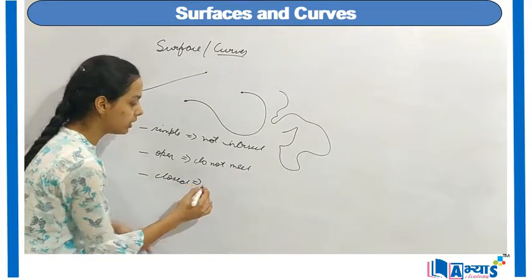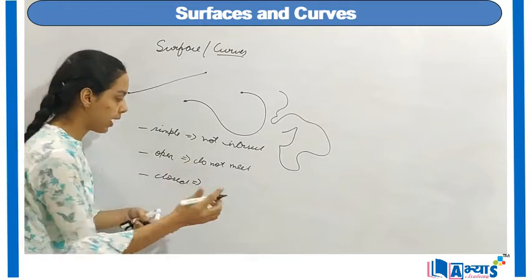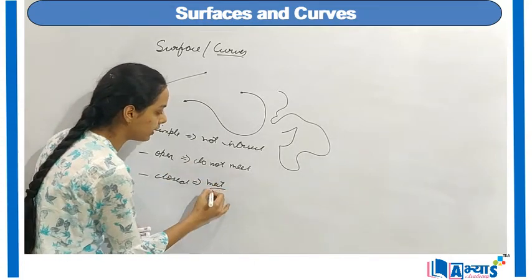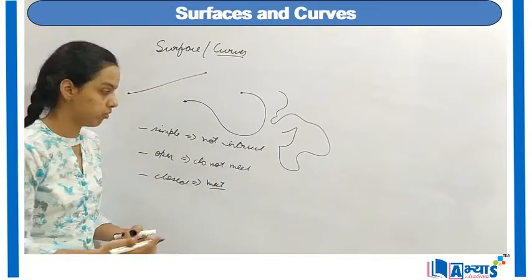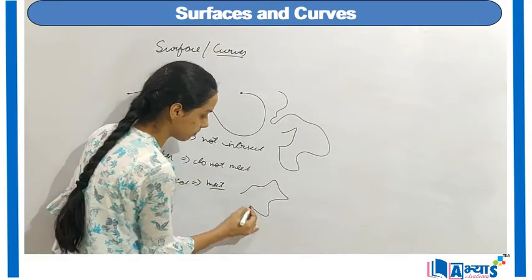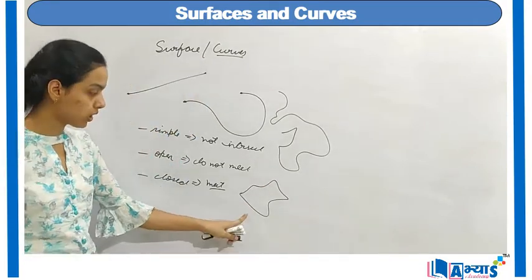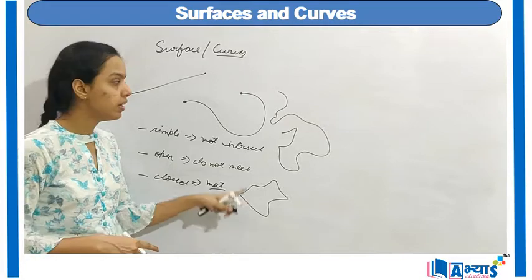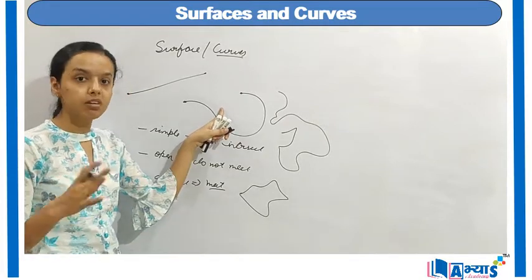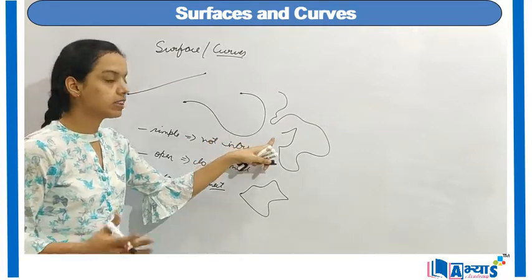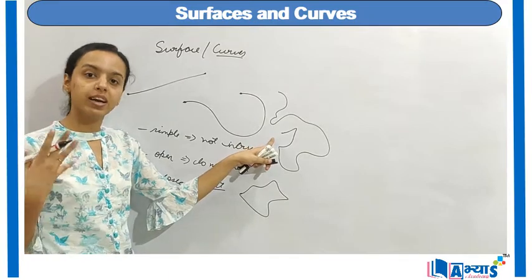And when these two endpoints meet, that means they meet at a certain point, it is known as the closed curve. Like the case of this. This is a closed curve as well as a simple curve. This is known as the open curve and a simple curve. And this is also an example of open curve and a simple curve.